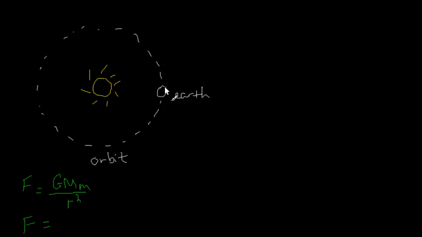When an object goes round in a circle at a constant speed, we need a force pointing towards the center to keep it in the circular motion, and that's called the centripetal force, and it is given by this formula,